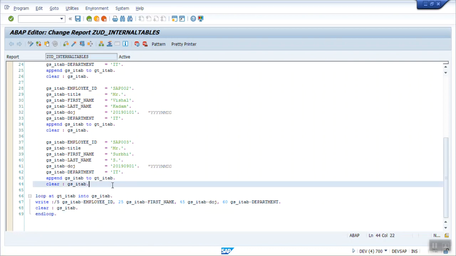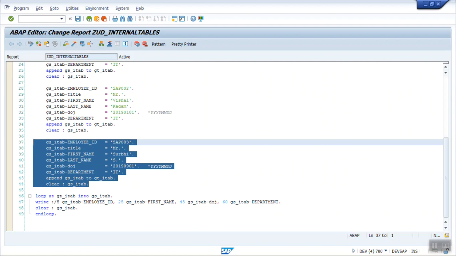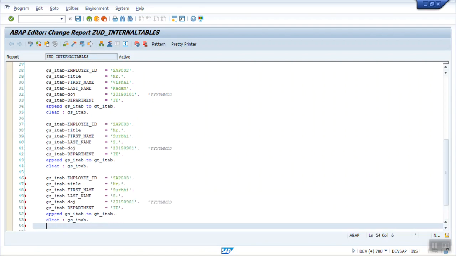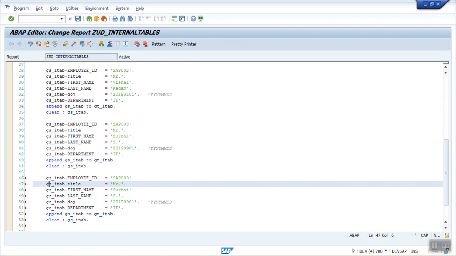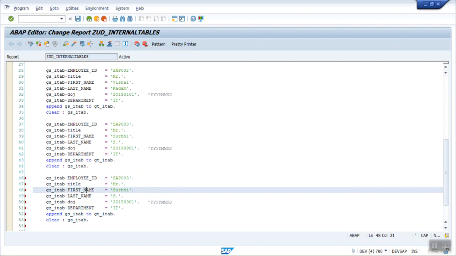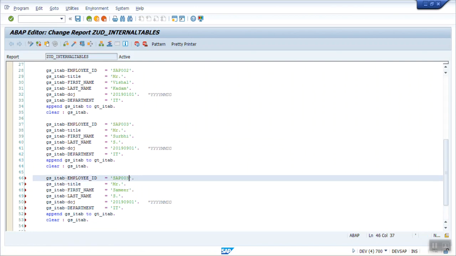The insert we can use in two ways. First we'll see with the same concepts. Let's say here, this time I want to add as Samir, the ID is 5.